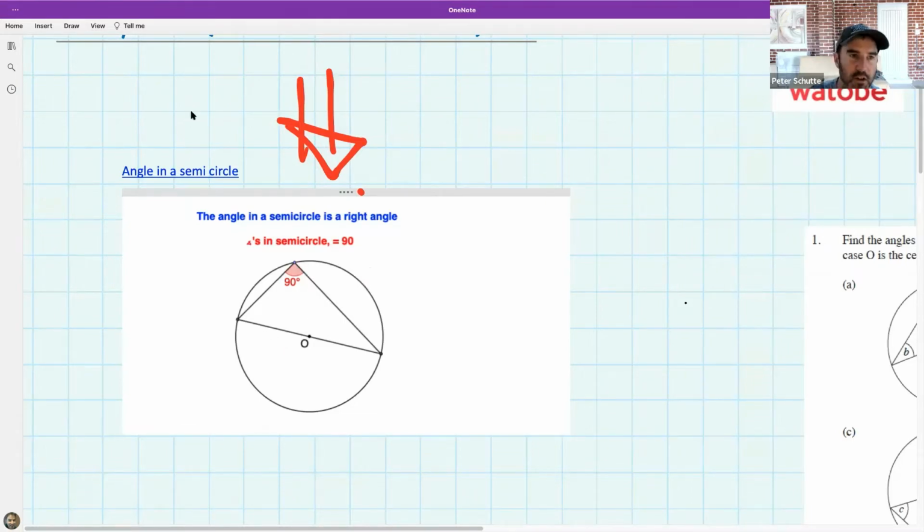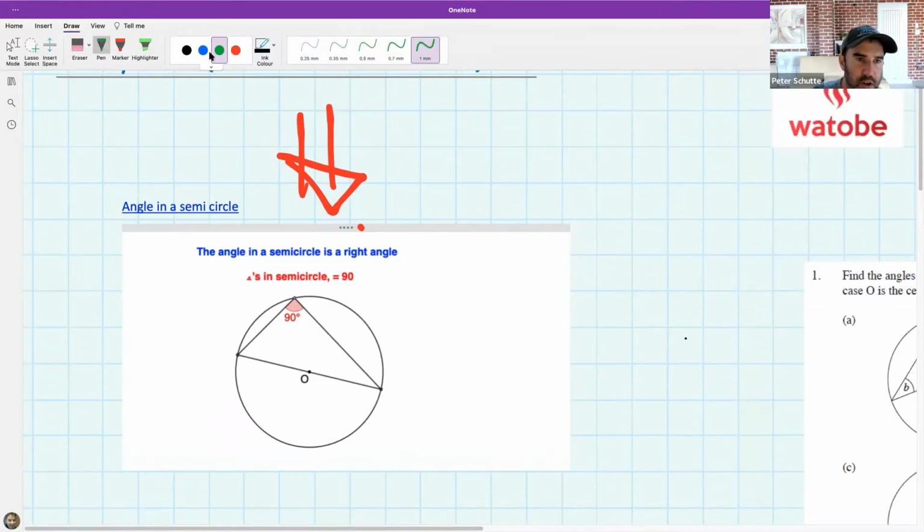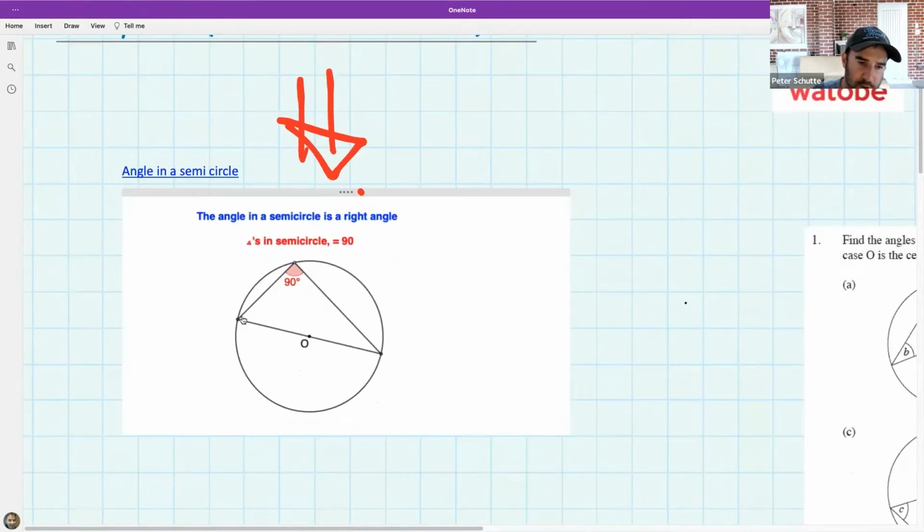So this is an angle at the circumference. We can see it's at the circumference because we're at this bit of, oh, I can even move this. Oh, wait, am I telling fibs here? Oh, sorry, if I move this angle, look at this. Look at how it doesn't matter where that point is, as long as that angle is at the circumference,